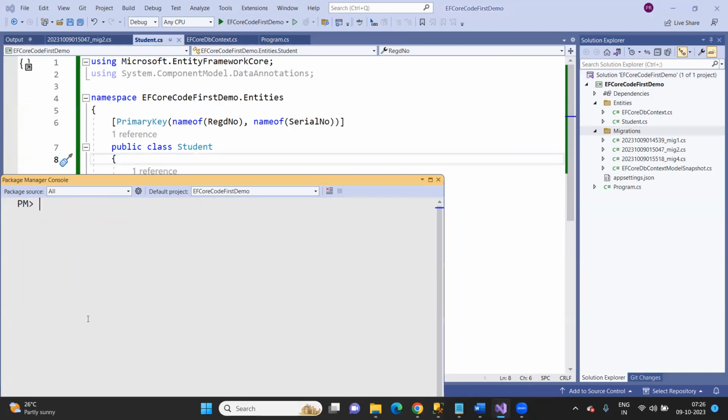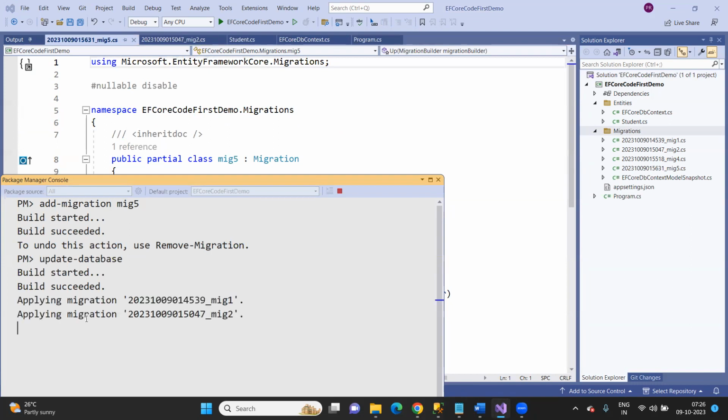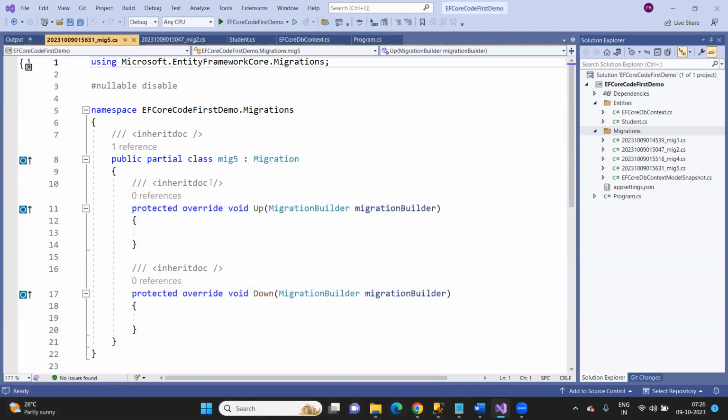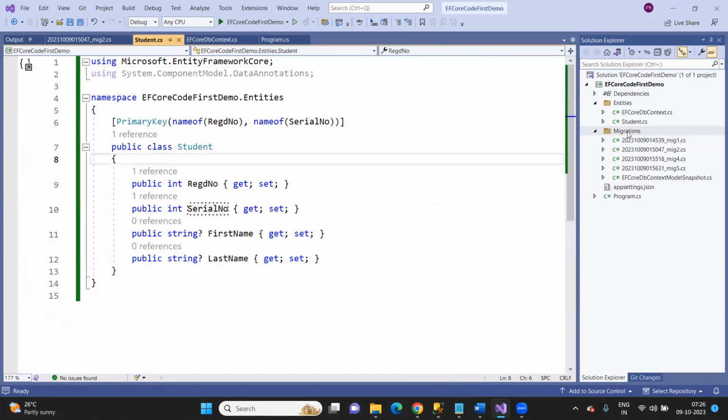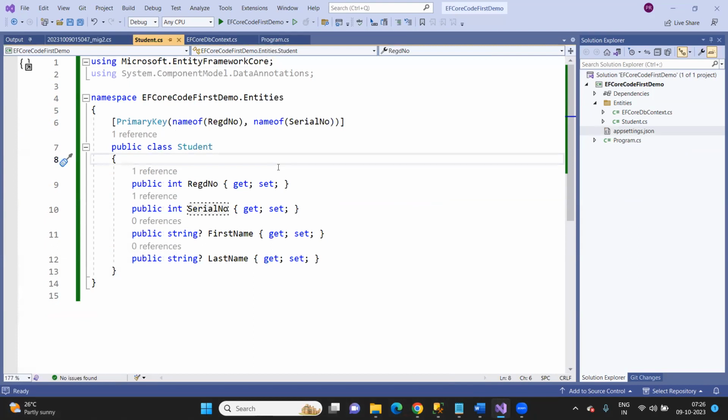Migration 5, right? And then I'm going to update the database, right? Again, to change the identity, the column needs to be dropped and recreated. Why is it showing this error again and again? Okay, because of this migration; it is tracking what changes are going to be done. So simply